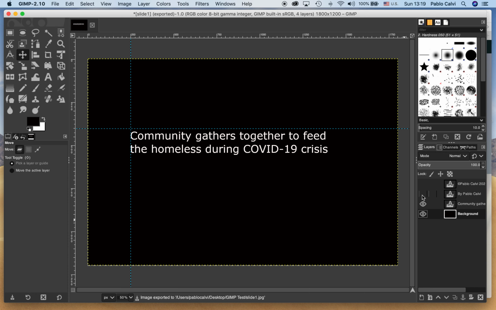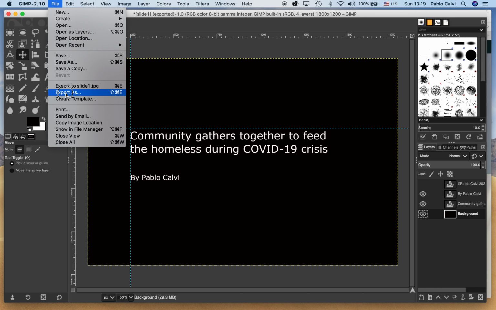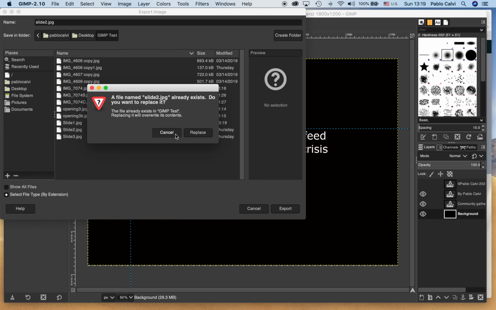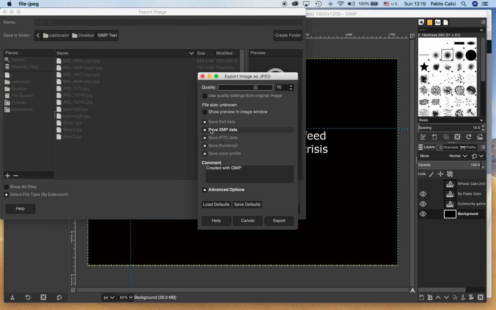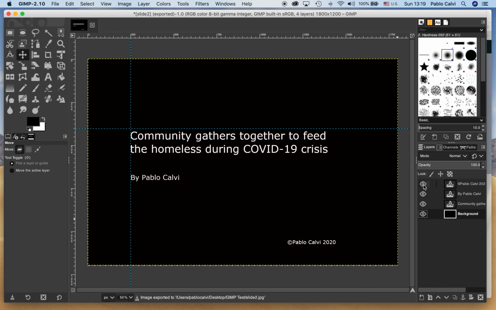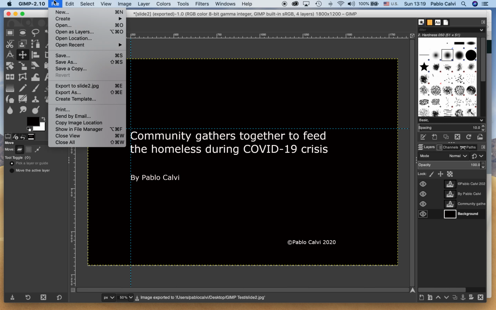Then I want to put my second file, my second slide, which is the title on my byline. File, same thing, export as. I'm going to name it slide 2. It's asking me if I want to replace it, and again I want to replace it at 70%. It's also a JPEG. I'm going to export it,